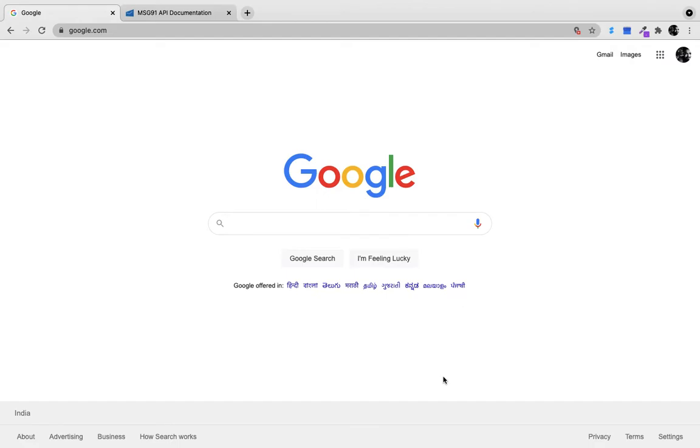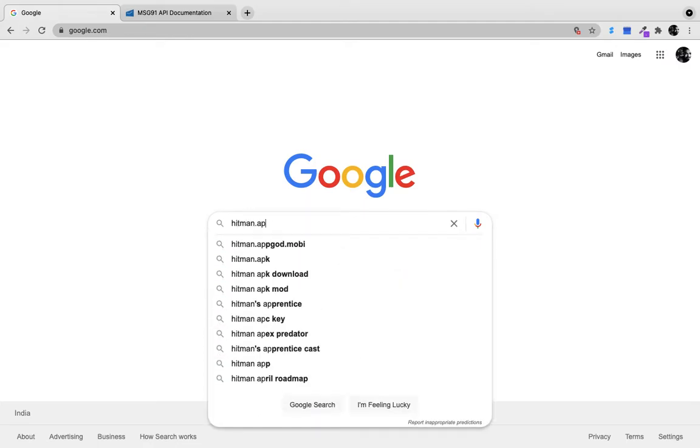Hitman is an API tool to develop, test, share, and document APIs for your clients. That means you can test all your APIs, be it a local or server call. You can share APIs within your team to keep everyone up to date. And you can also publish API docs for your clients to consume your APIs to the best of their capabilities. Let's quickly head to Hitman.